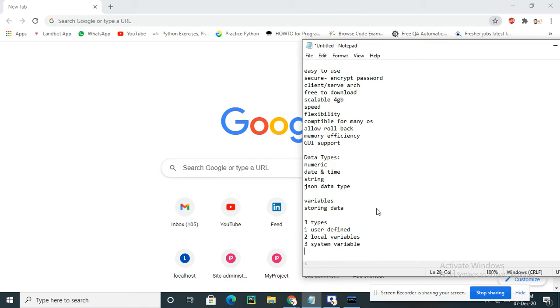In this we have set and select. By using these two statements we can declare, or we can say initialize, the variable. By making use of these two statements I am able to initialize user defined variables. User defined variables always start with the at symbol. Now I will write the syntax.